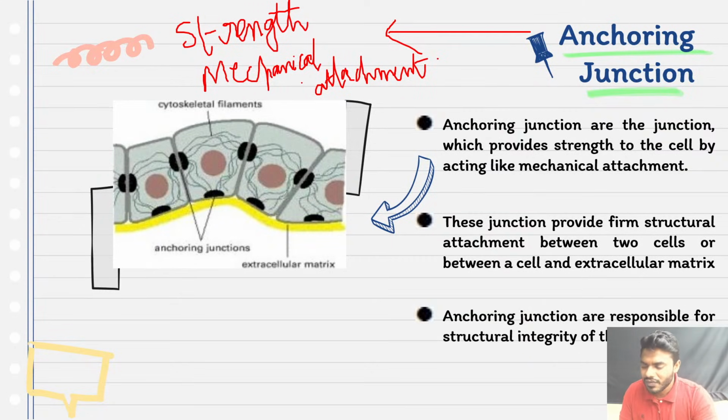And friends, we just read, right, the tight junctions are present between cell to cell. But friends, when you look into the anchoring junctions, what is the point you have to remember? Anchoring junctions are present between cell to cell also. At the same time, you all people look into this. This is one anchoring junction.